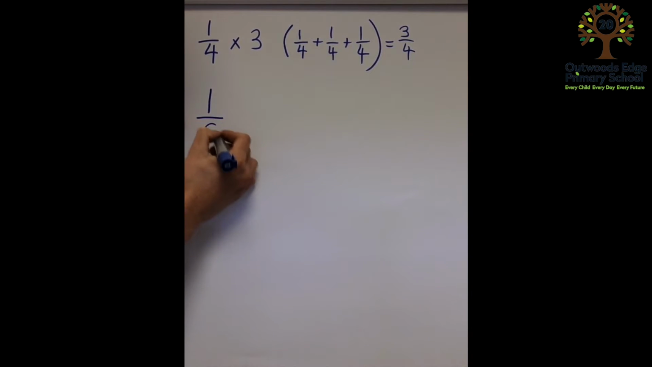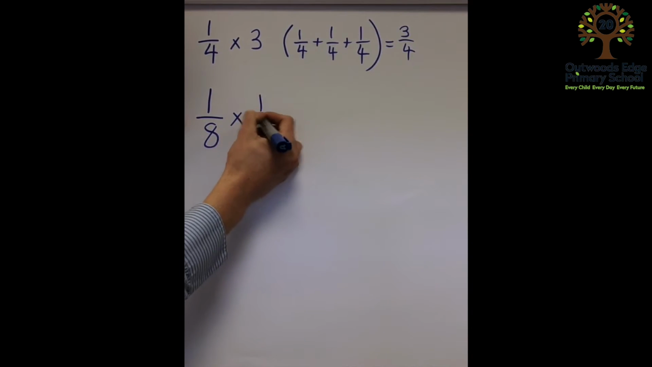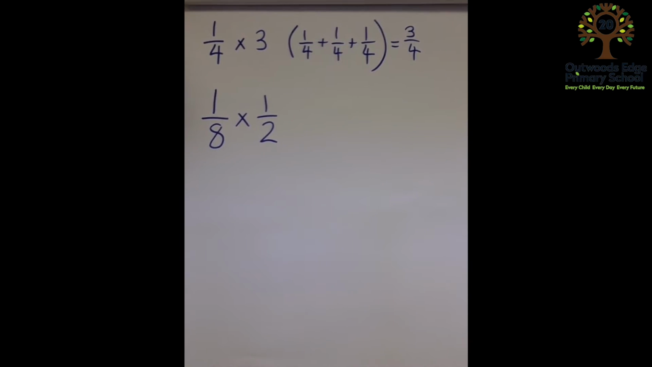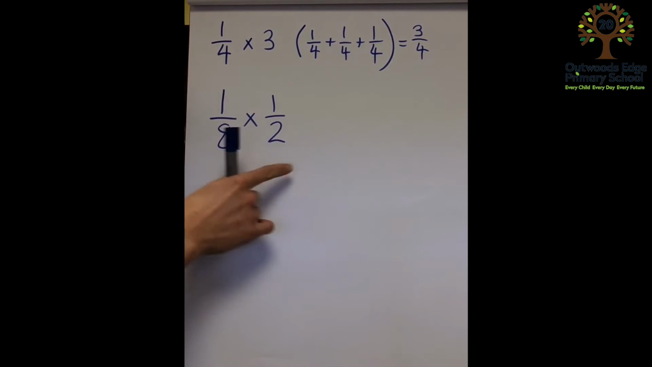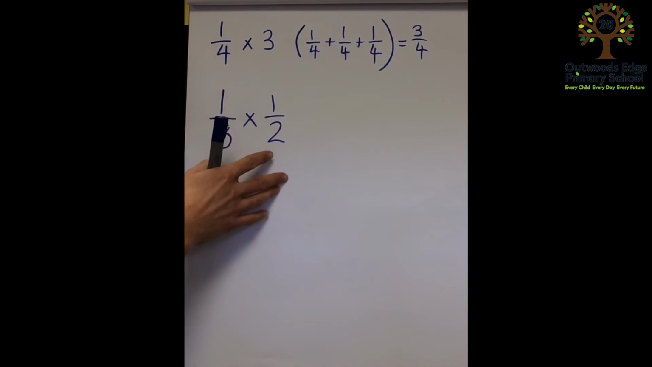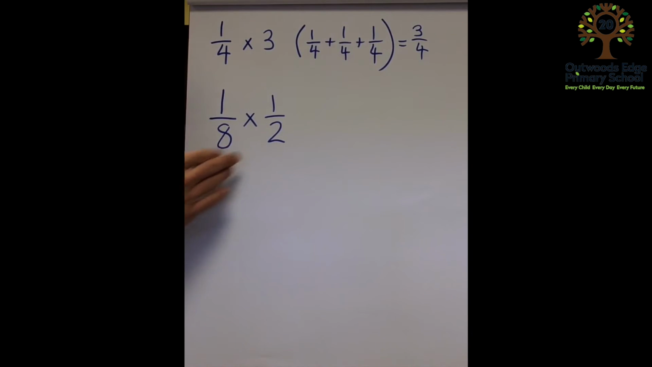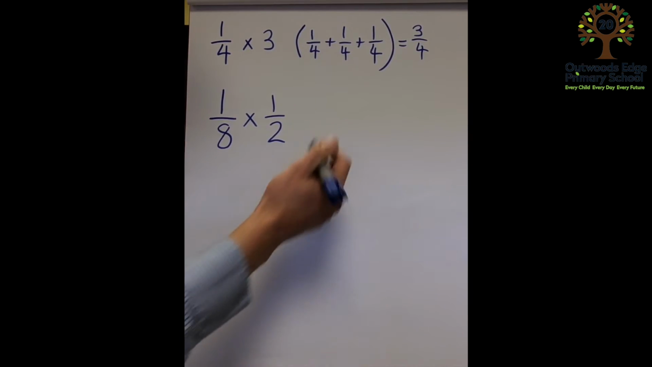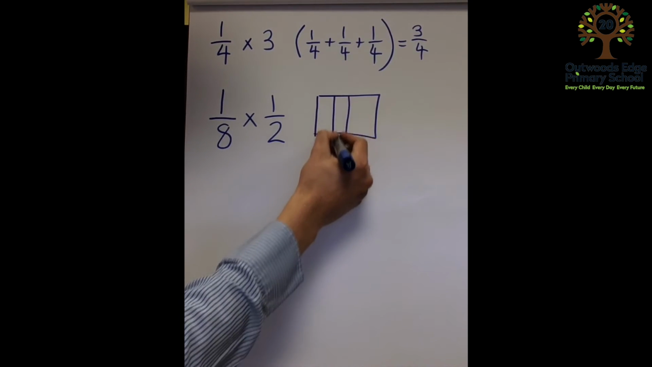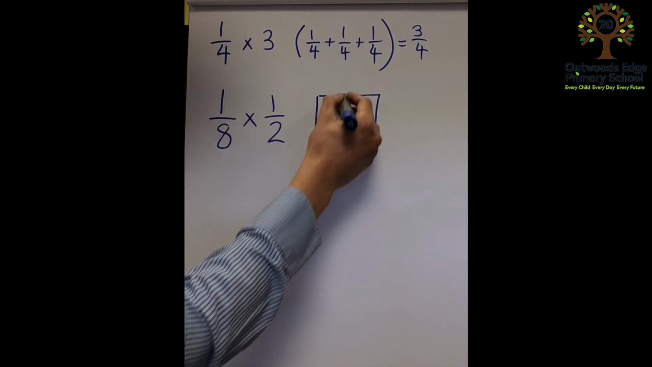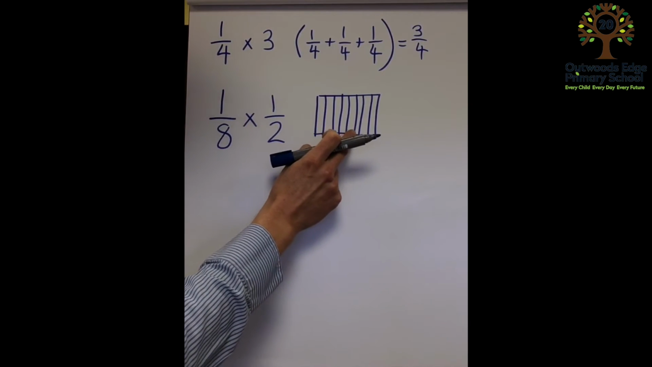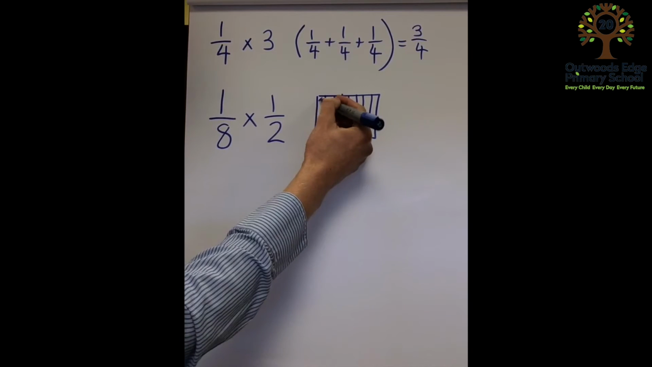We've got 1/8 multiplied by 1/2. Now this is a bit confusing, this one, because actually fractions are all about division. So what we're actually doing is finding 1/2 of 1/8. Okay, if I draw you a visual picture to think about that, here's my 1/8. So I've split my rectangle into 8, 1, 2, 3, 4, 5, 6, 7, 8 equal parts,